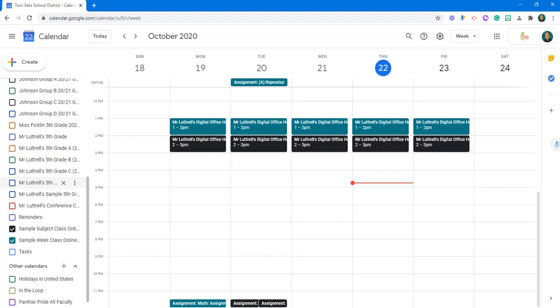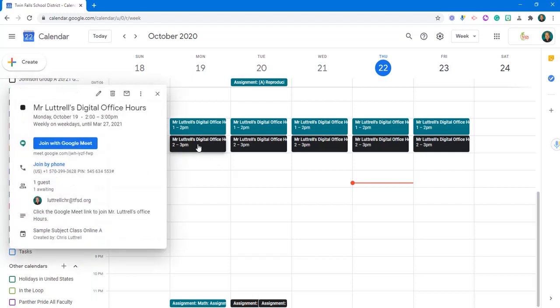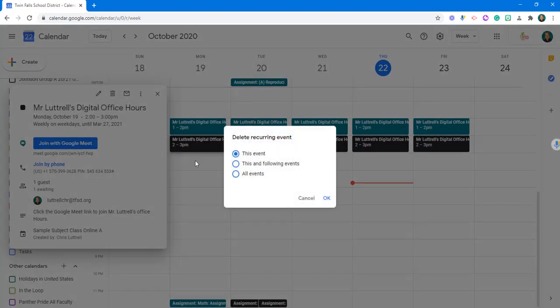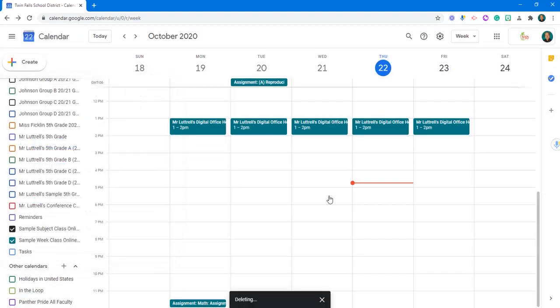And I can still make changes if I decide that this doesn't work and I'm just not going to have office hours for this class. I can click on the first one. I can click the trash can right here to delete the event, and I'm going to say delete all of them because I'm just going to completely rethink my office hours for that class. So right now I'm just going to focus on my sample week class online B,